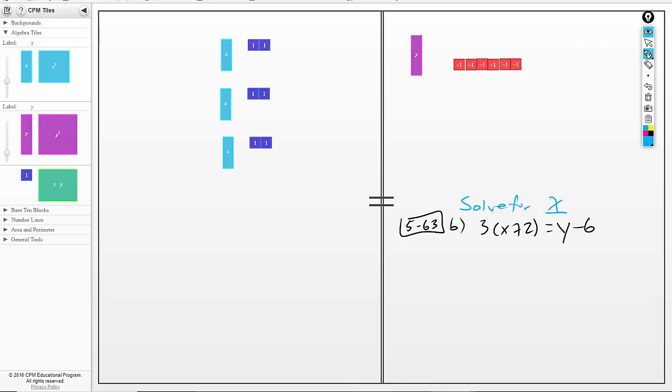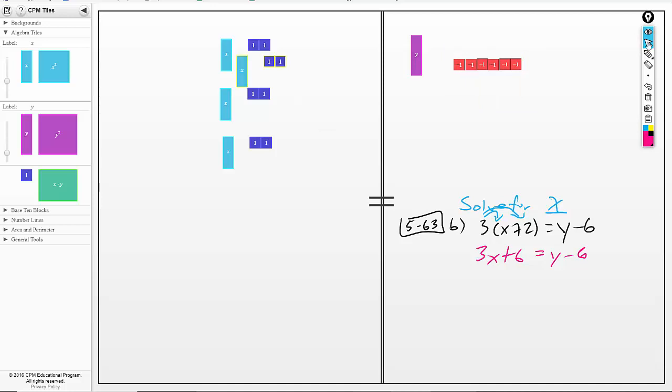Either way is okay. I'm just going to go ahead and distribute the 3, and all that tells us is how many x's we have and how many units we have on the left side. So we're going to have 3 x's, and we see that 3 x's plus 6 units equals y minus 6. Okay, we have positive 6 and negative 6 here. So again, I want x by itself. So I'm going to figure out, what do I need to do to get rid of these 6's? What legal moves? Well, if I add